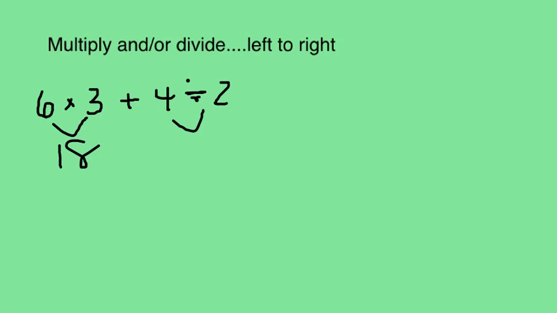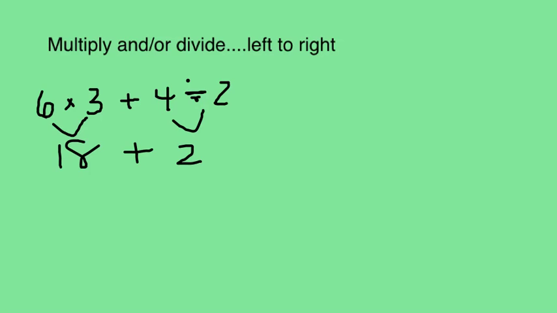Let's say we have 6 times 3 plus 4 divided by 2. Well, the order of operations says we need to do the 6 times 3 because it's listed first in multiply/divide, and then we need to do the 4 divided by 2,